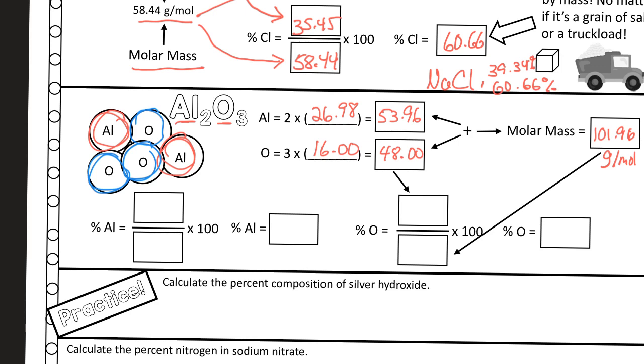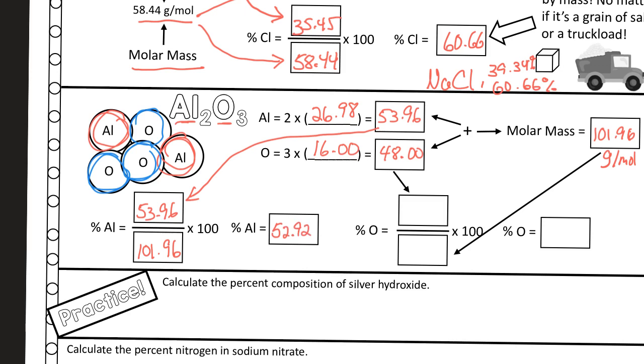So now we're ready to do our final calculations for the percents. So the total amount of aluminum is going to be this number right here. Whoop, hang on, back up, I grabbed the wrong number. Total amount of aluminum is this number right here. So that's our part. We had 2 atoms of aluminum. They totaled 53.96. And then you're going to divide it by the whole, which was the molar mass. 101.96, put that in the calculator, and we've got